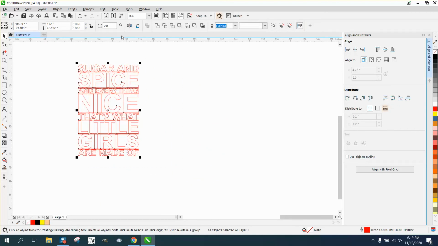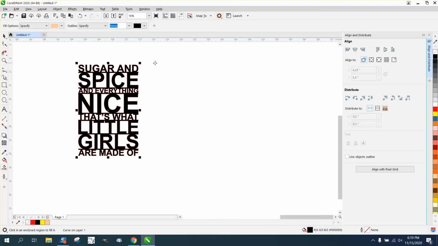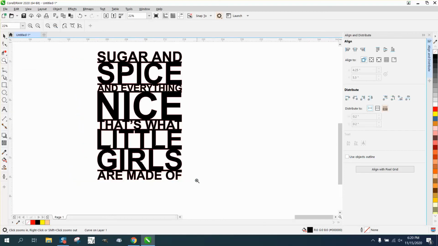Let's select it all and weld it. And there we go. Let's make it black so you can see it better. Then we're going to left click no outline so it looks sharper. That to me looks just as good, and if you added some bling like in part 2,